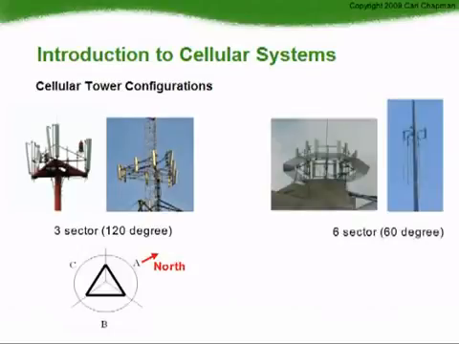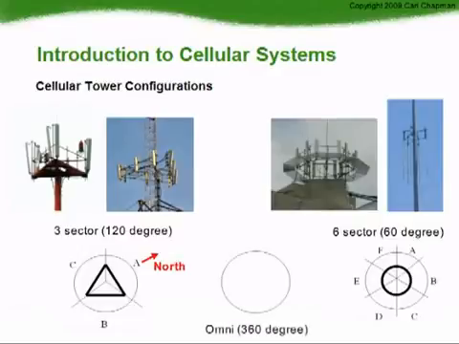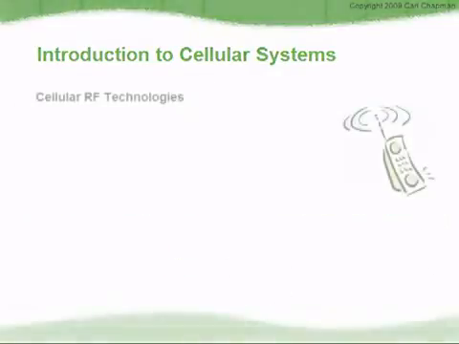Another configuration is the 6-sector or 60-degree cell site. This can be visually identified by the hexagon structure on top of the tower. The sectors are typically named in a clockwise manner, A through to F, or U through to Z. The A sector points north as an industry standard, and each sector has a different group of channels. The third type of cell site configuration is the omnidirectional site, and is sometimes seen in a rural environment where there are only low subscriber levels. In the Omni site, there is only one group of channels available for the whole cell site.